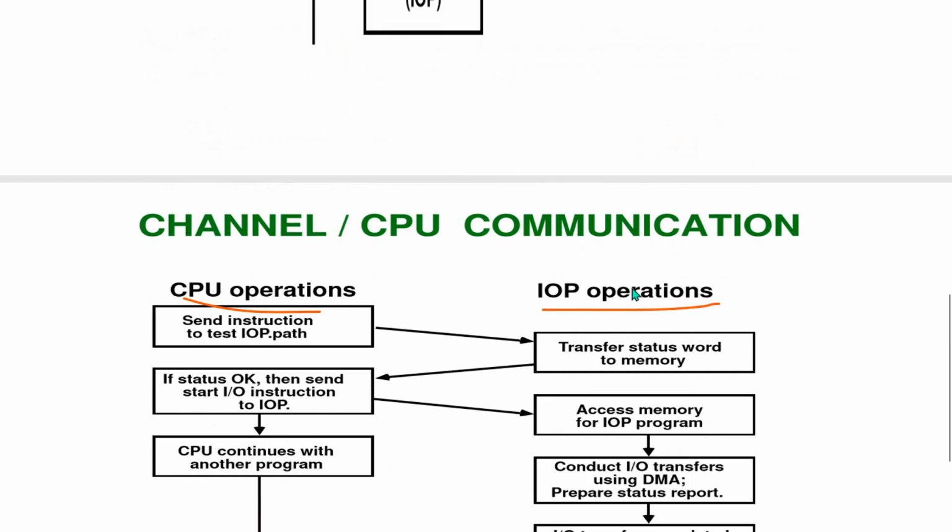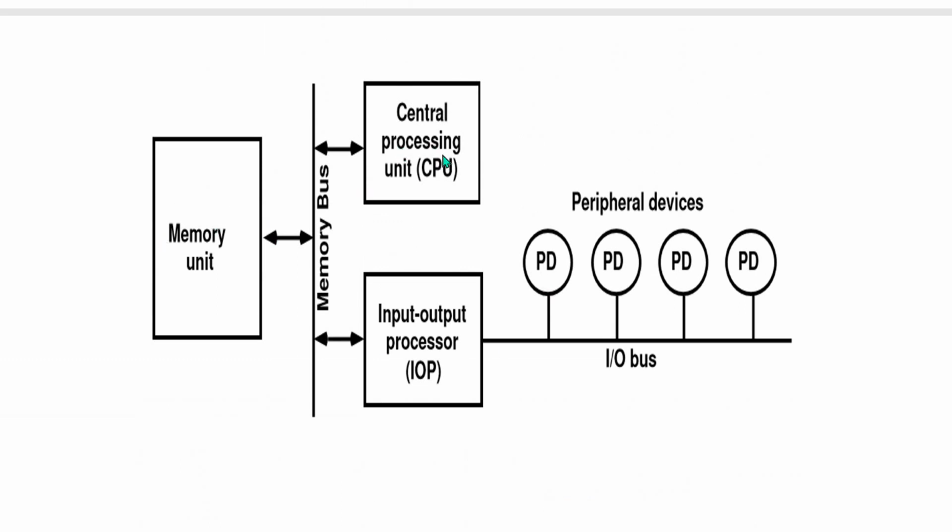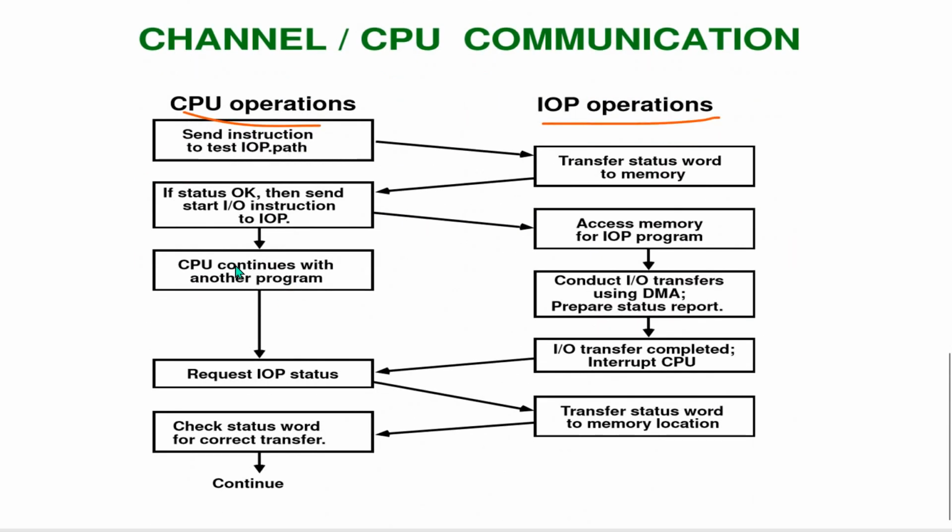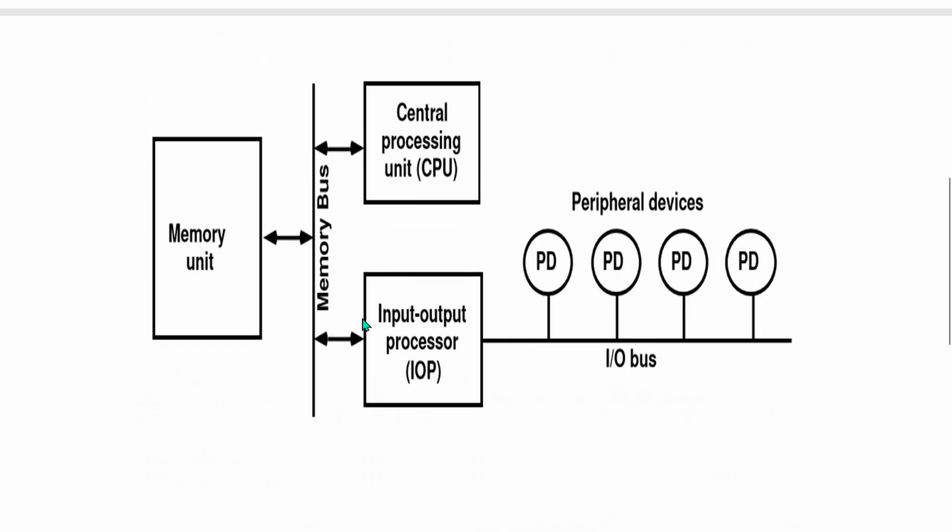While it is transferring, the CPU will perform other tasks. That means the CPU continues with another program. While the IOP is processing data or transferring the data, the central processing unit performs the other task. This is the way this input output processor works to control the data transfer between peripheral and memory unit. That means the input output processor acts as a processor and either an IO module or a DMA. The combination of those three, the simple input output processor, performs the same operations. Nothing but a combination of those three operations equals one IOP operation.